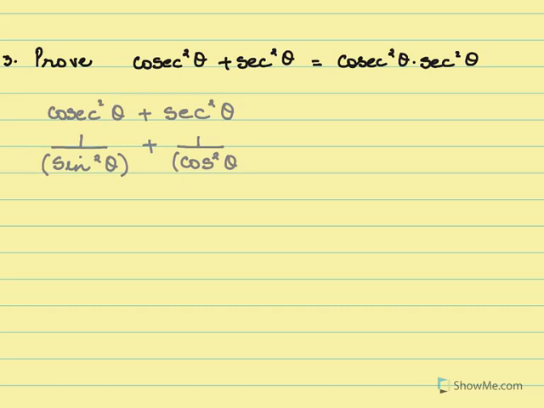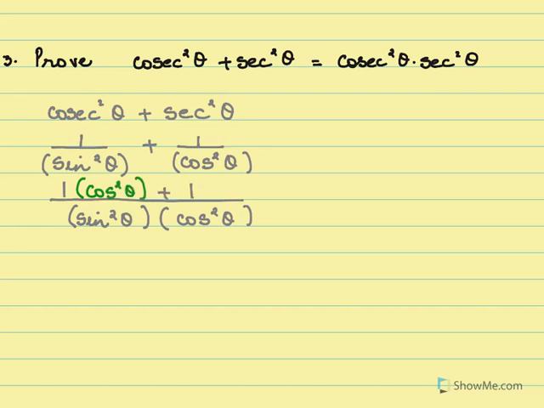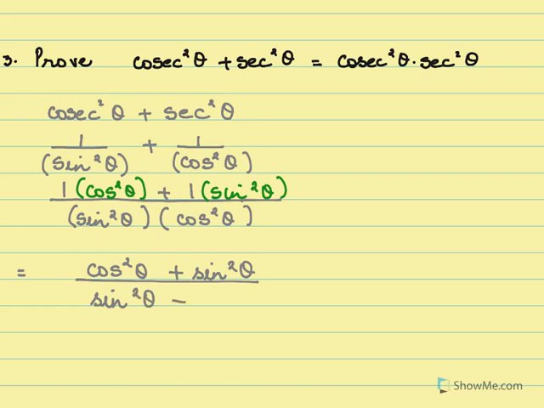Now it is time to take the LCM. Sine square theta, cos square theta. So we have the LCM here: sine square theta into cos square theta. So the numerator here will have to be multiplied by cos square theta, and this numerator here will have to be multiplied by sine square theta in order to take the LCM. So in the numerator you will have now cos square theta plus sine square theta over, in the denominator, sine square theta into